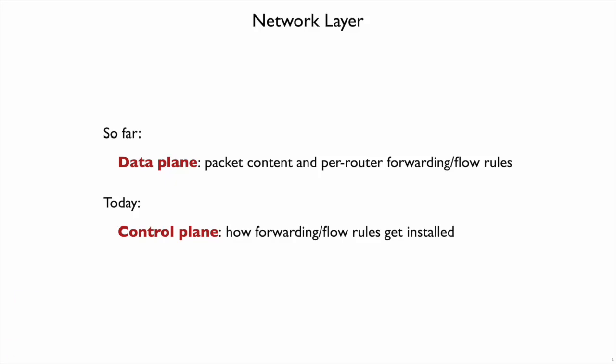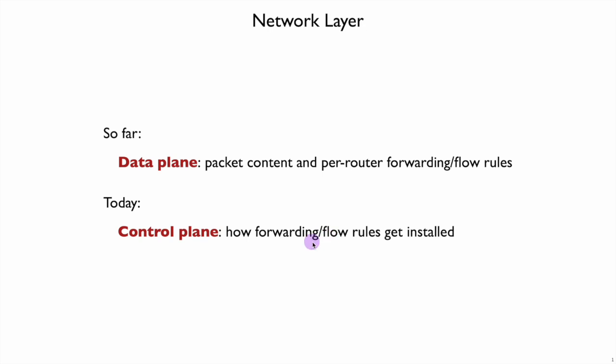We've so far talked about the network layer's data plane, which is about the content of packets and how those packets are compared against forwarding tables and flow tables to get the packet delivered to the right place. Today, though, we're going to talk about the control plane, which is how those forwarding or flow tables get installed